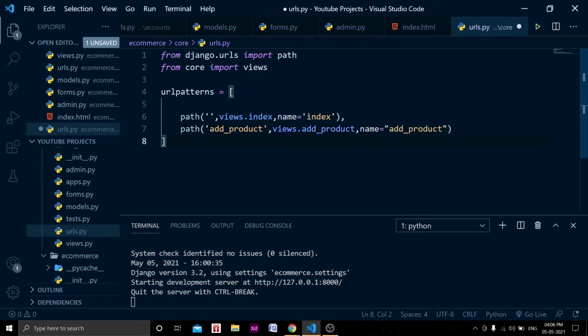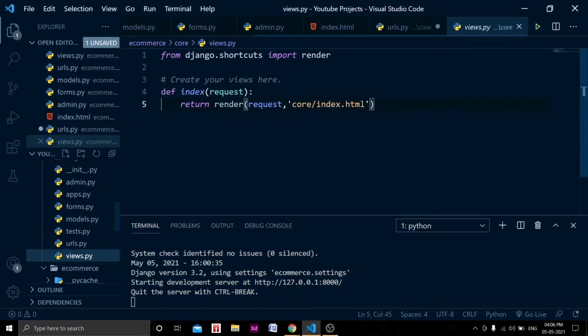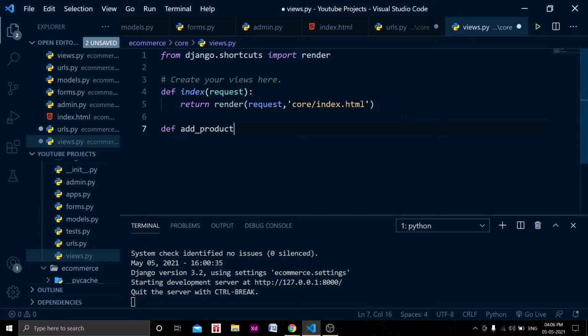Okay, we haven't created that add product function, so we will create that function for now. So in the views.py file, let's create that add to cart function. So def add_product, not add to cart, add product, which will take a request, and after doing that we will just do pass for that.